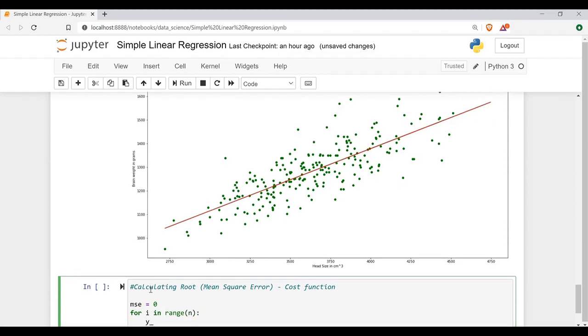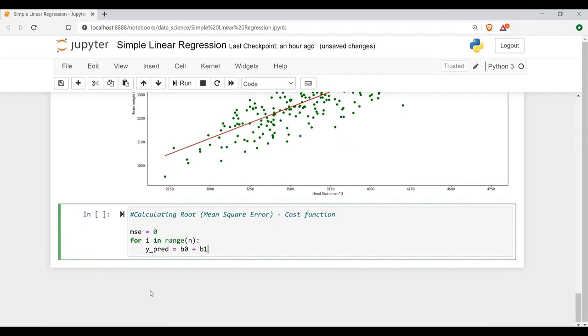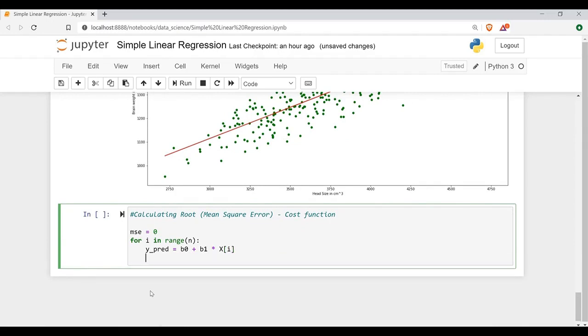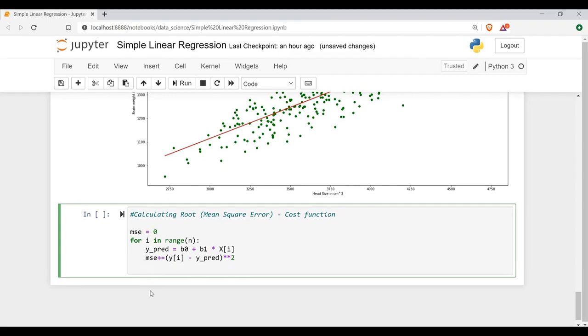The y pred value for each i will be B0 plus B1 into x of i, and our MSE would be y i minus y pred, observed value minus the predicted value, whole square, and we also have to divide it by n.